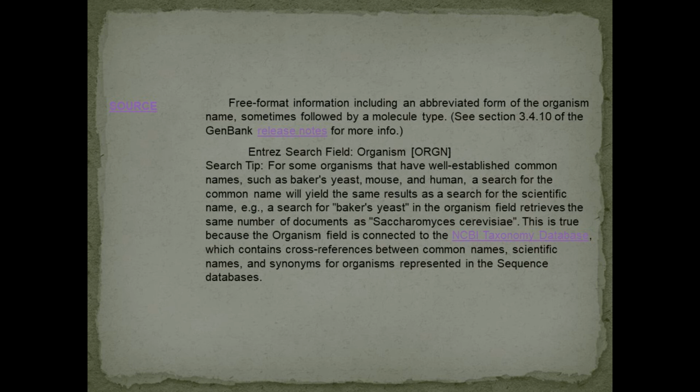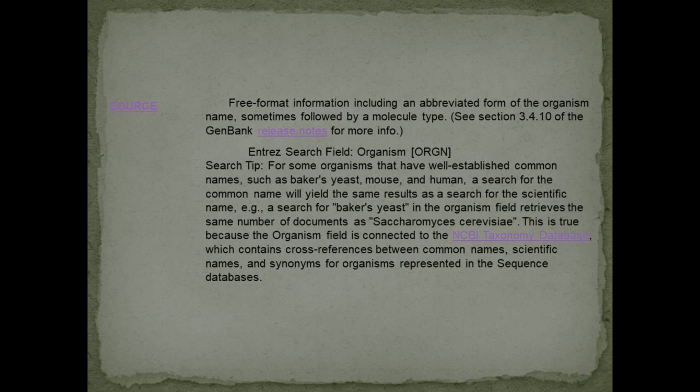This is true because the organism field is connected to the NCBI taxonomy database. Similarly, if you want to access human, you can use the term human, and you easily retrieve the records related to Homo sapiens, which is connected with the NCBI taxonomy database. Now I am going to discuss organism.